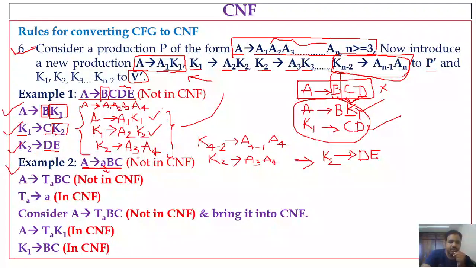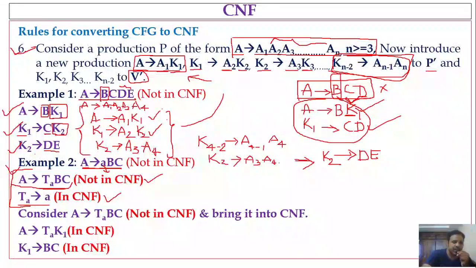So first, convert that terminal symbol into a variable by rewriting this production rule. How do we write? Capital A denotes TABC. What is TA? TA denotes small a. So in place of small a, we have written a variable T base a, which denotes the small a. So this is the rewritten rule. Now the first rule is not in CNF, the second one is in CNF. Since it is in CNF, it can be directly added to P dash. You can add this variable TA to V dash and terminal small a to T dash.